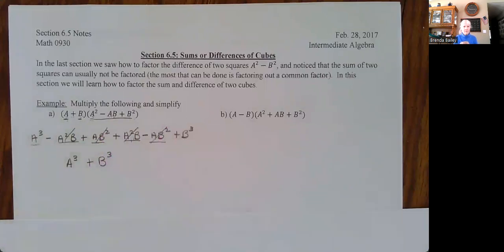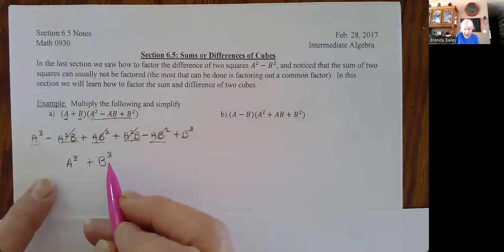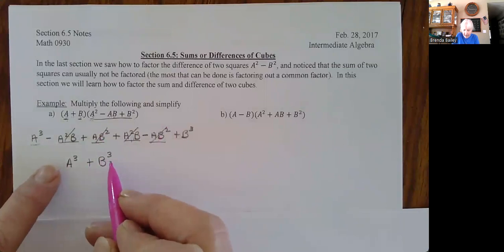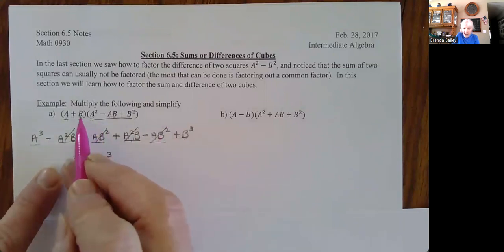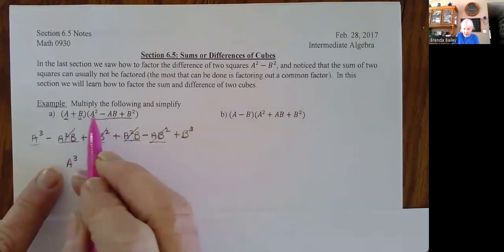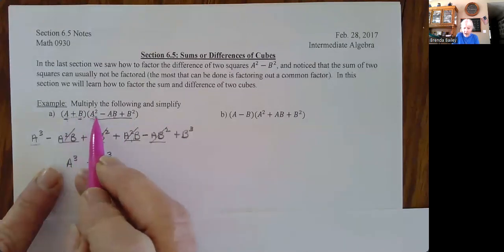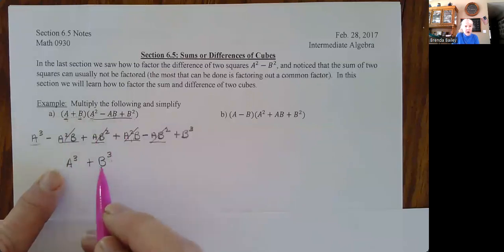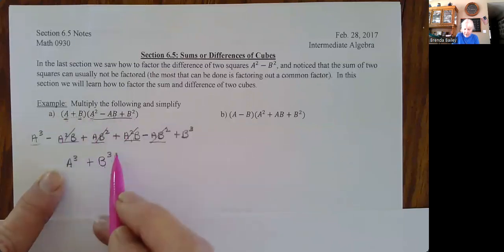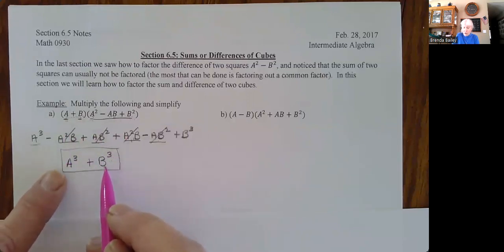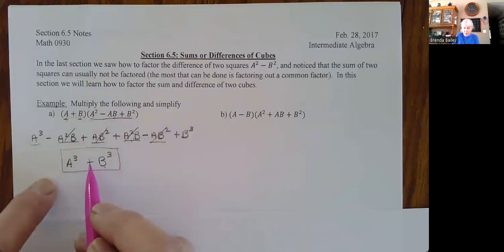Okay. So we end up with this right here. Well, looking, if I wanted to go backwards, if I were given something like this, and I wanted to factor it, I now have a formula to follow if I know what the A and B are. So here, if you wanted to factor something that looks like this, the sum of two cubes,